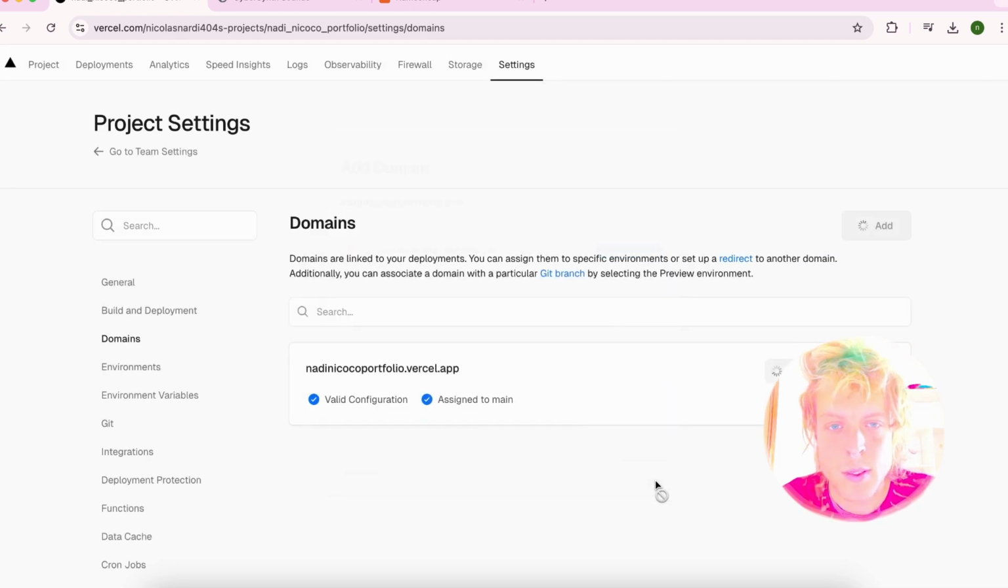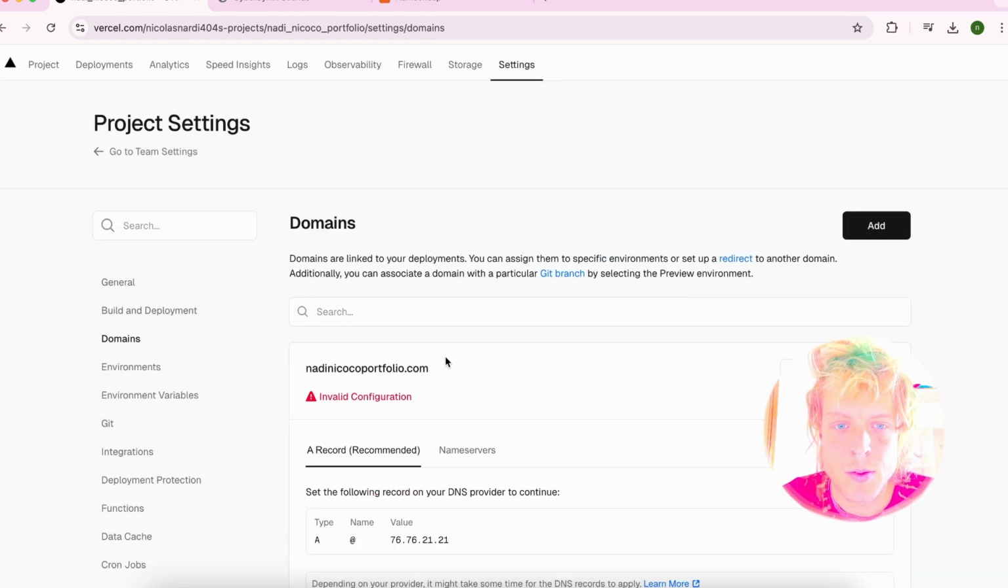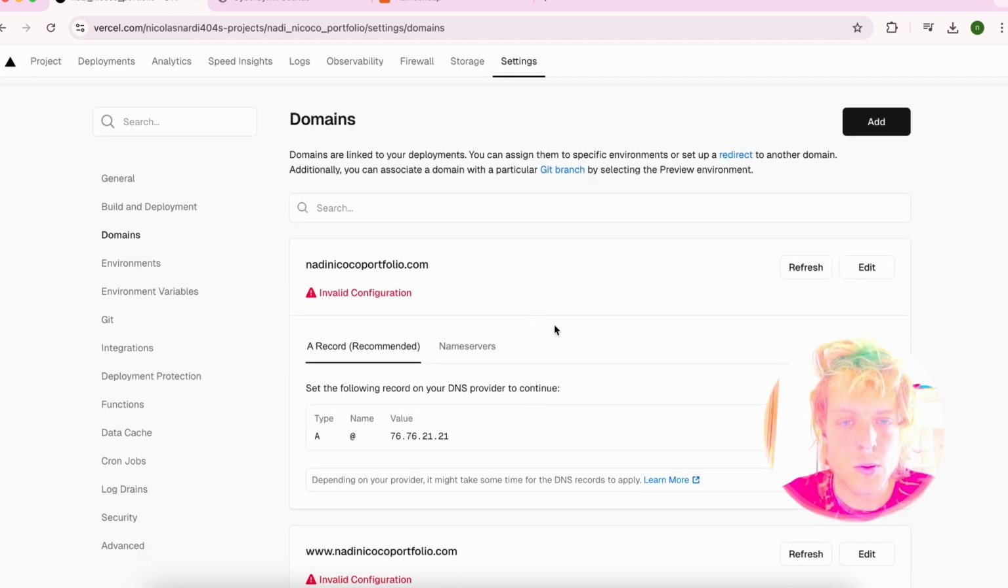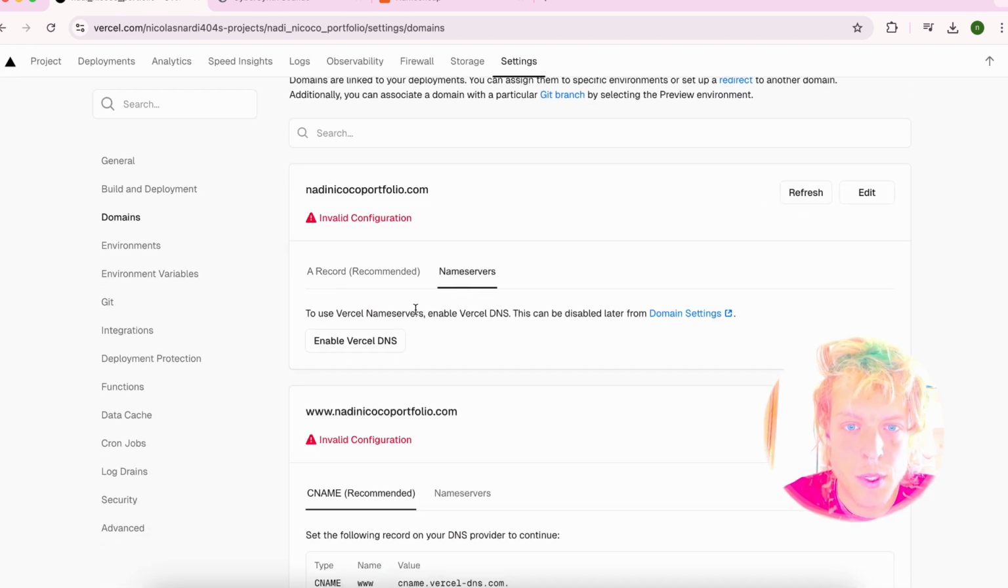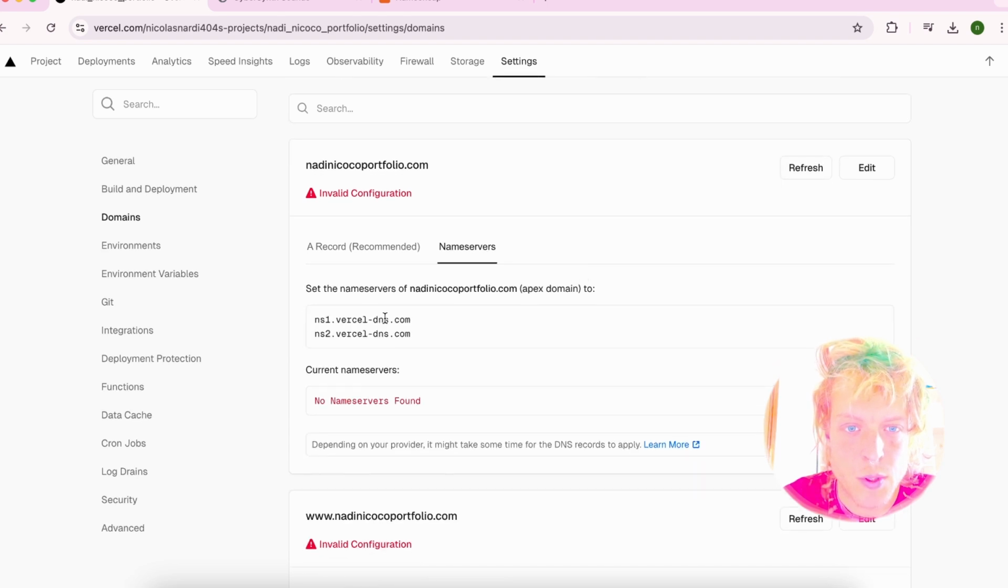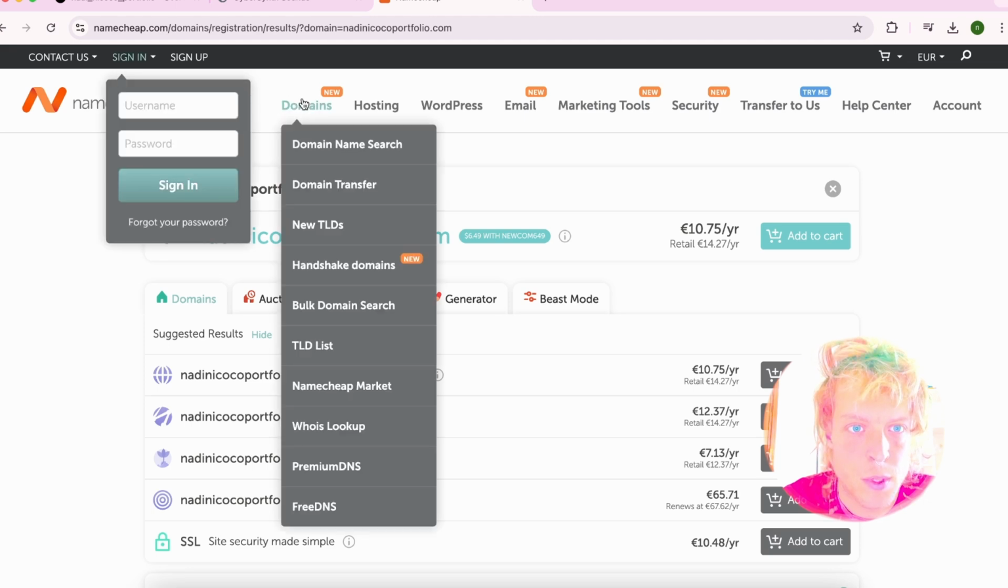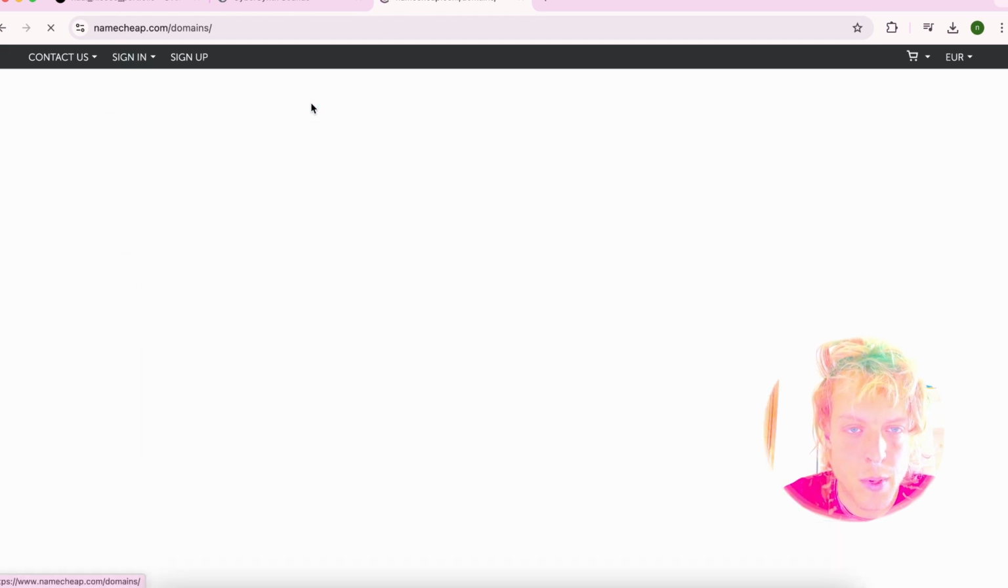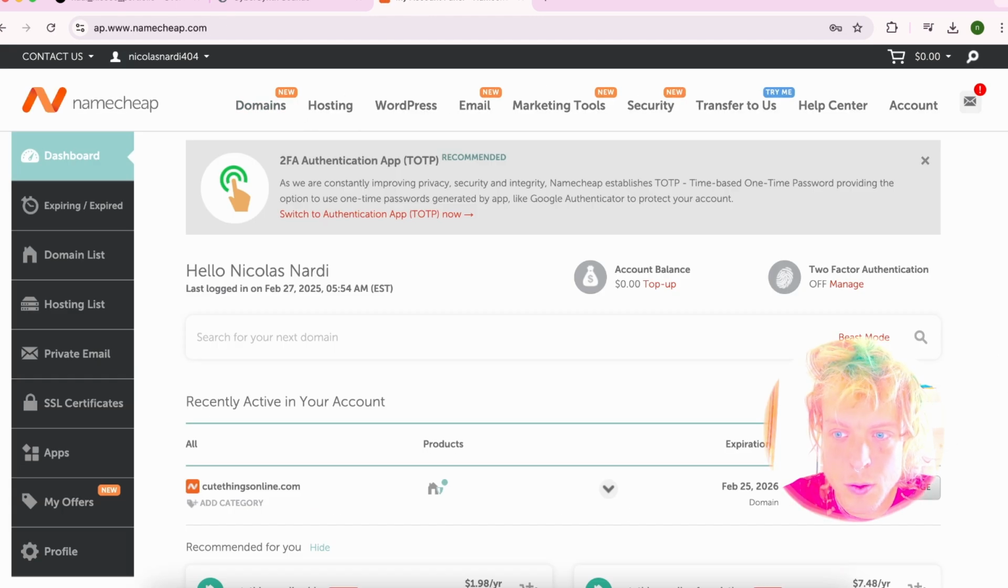Yes, add, and then once you add, it's gonna tell you that it's not working. You're gonna need to check name servers, enable Vercel DNS, and then it's gonna give you these two options. Once you have your project on Namecheap, I will go to one of my projects. Once you are in your projects, in this case I'll go to another page because I didn't buy that domain, but for you to have some idea, you go to manage,